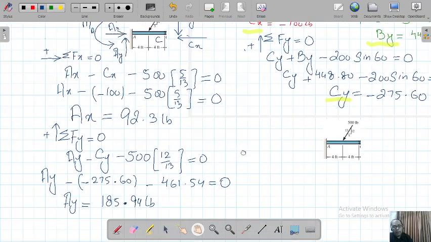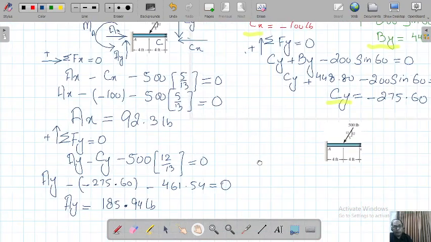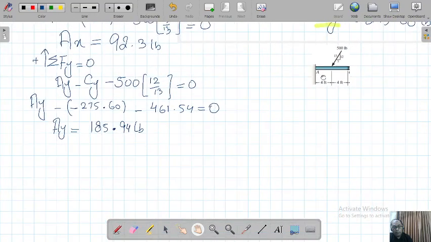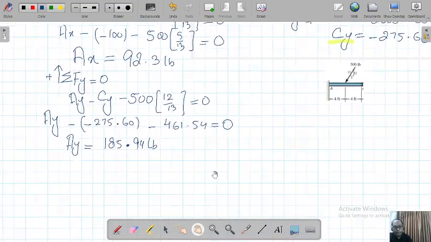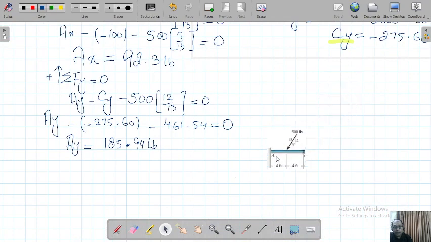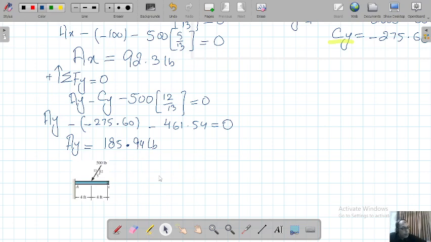Again, if you look at it, just for easiness, we are going to take it here for calculation of the moments at A. Remember, this was our Ax, and this was our Ay, this was our moment MA,